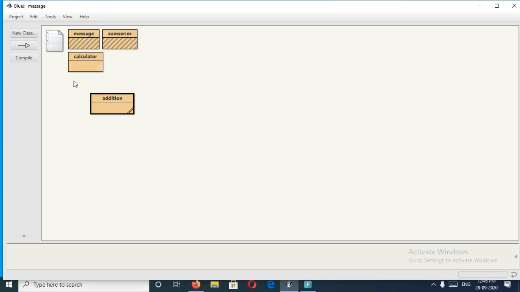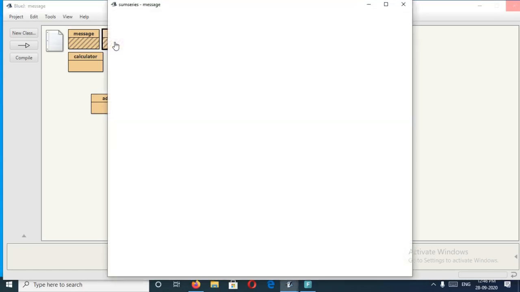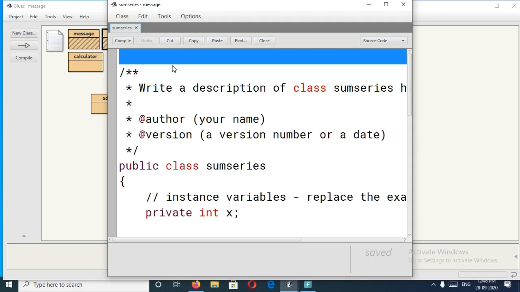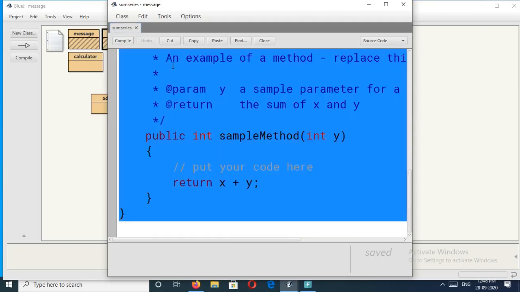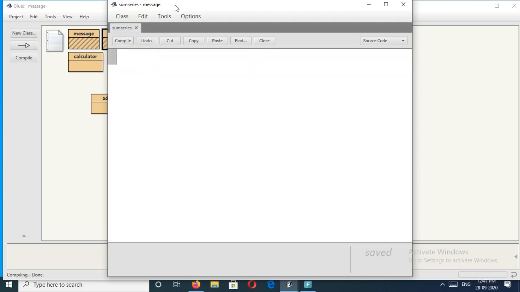Then we will get a box like this. Double click on it. Then it will open. Then first we have to select all the message. How to select it? Control plus A key. Then click on the delete button. Then you may start the class. First I will write import java.io.*, or util you can use. Here we are not using BufferedReader and all, because of that you don't need to import any packages here.